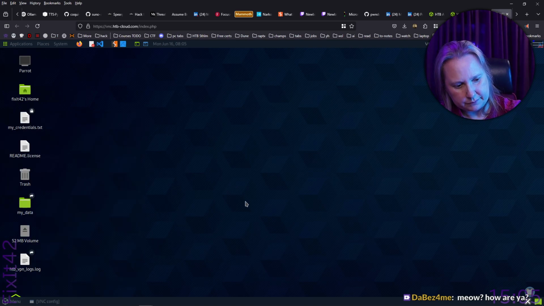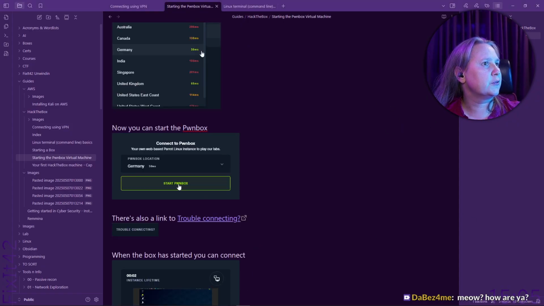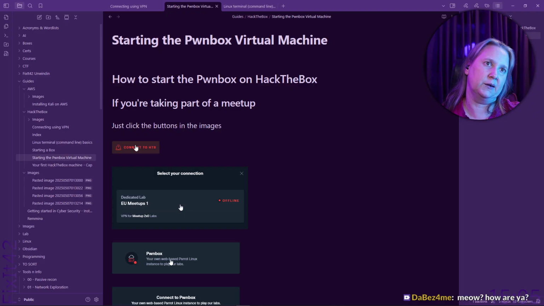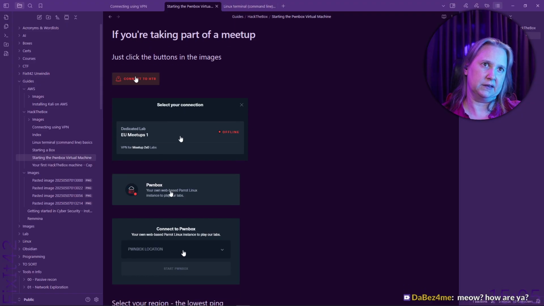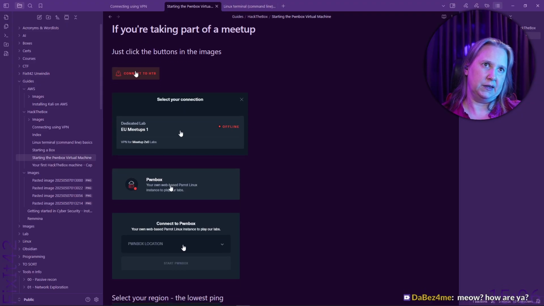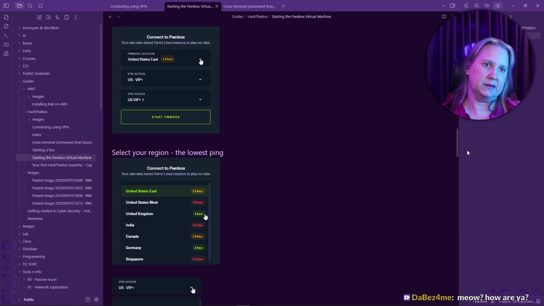Good. So I think we're done with this instruction now because I wanted to have this done before the meetup in 2 days. So yeah, starting with the Pwnbox virtual machine. How to start the Pwnbox on HackTheBox. You're taking part of a meetup, and if you're doing labs,